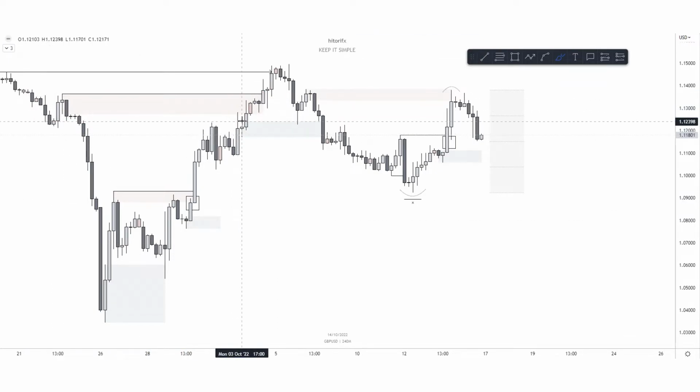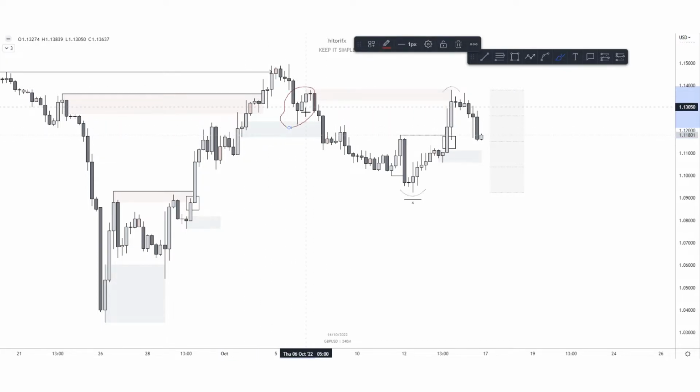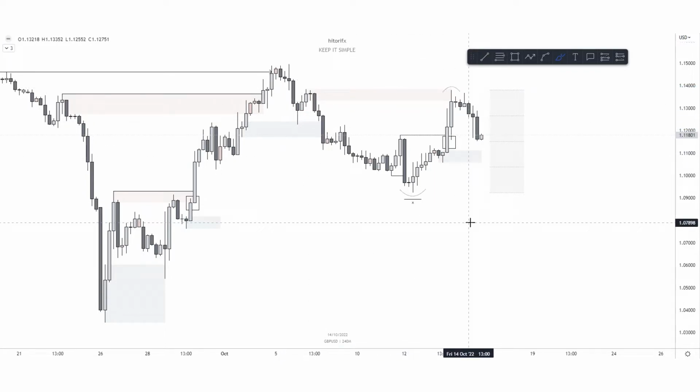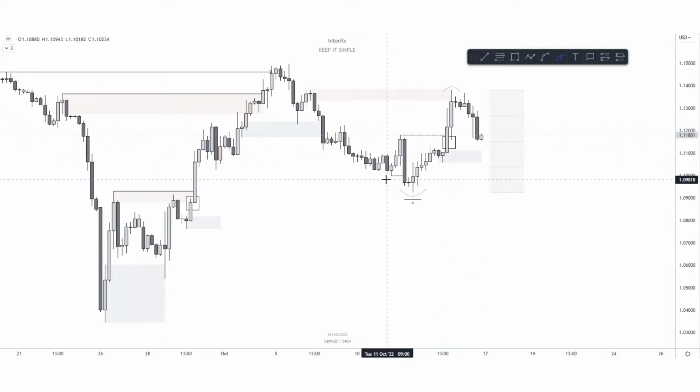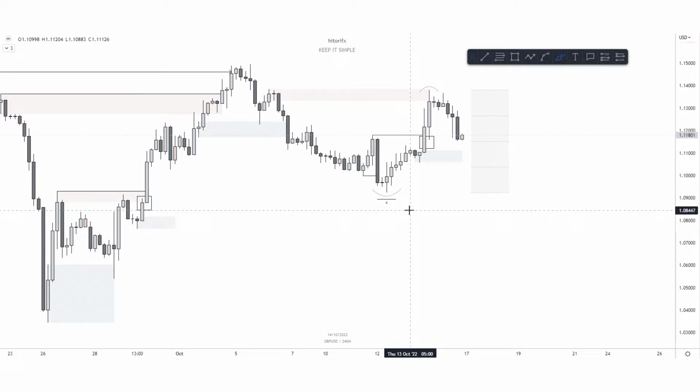We reacted here, extreme of the reaction leg. This is the reaction to this extreme of the reaction leg, and this is the new extreme of the reaction leg, which is confusing, but it's just reactions upon reactions. So we did see that respect, which is now given us a new intraday range to trade from. But of course, we could kind of see price dip lower.